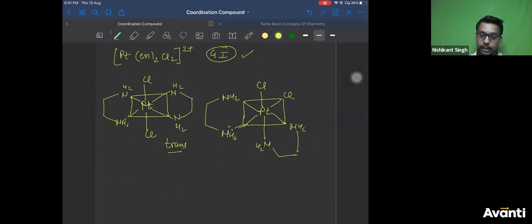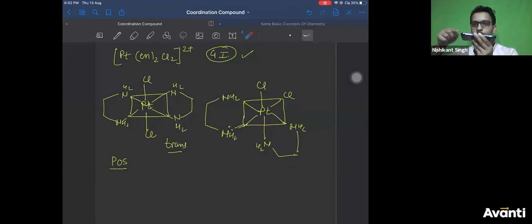Now check whether they have a plane of symmetry or not. The first molecule, the trans one, does it have a plane of symmetry? Yes or no? Yes, very good, Gauri. Because these 2 rings will lie in the same plane. They are lying in the same plane of the square. So if this is your square, NN, this ring is lying like this in the plane of the square, and this ring is lying like this in the plane of the square. 1 Cl up, 1 Cl down. So both the rings are lying in the same plane.